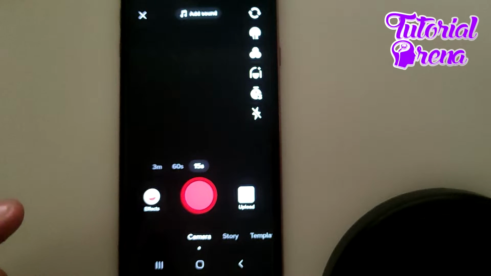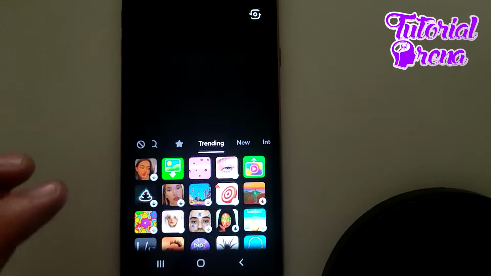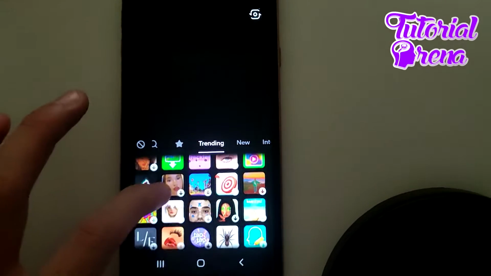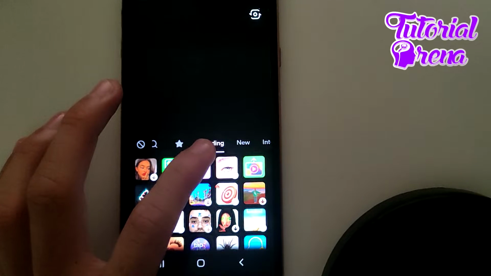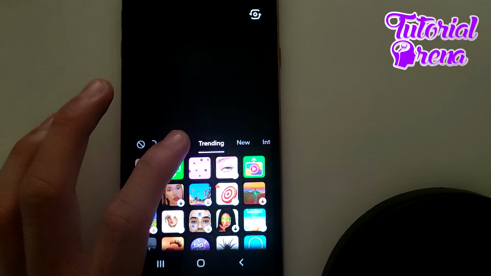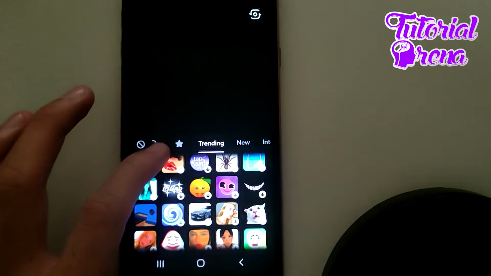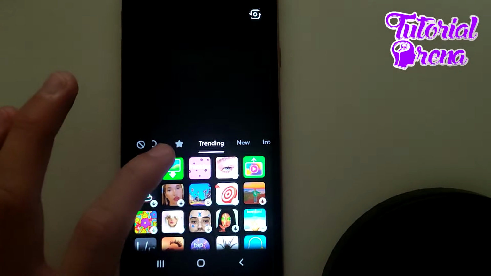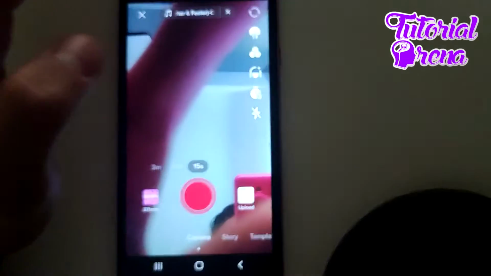What you need to do next, simply, as you can see, is go to effects, and from here you can find many different categories. For example, we'll go with trending, because this is the most popular right now, and we'll go with, I don't know, maybe this one. And from now, if we want to take over,